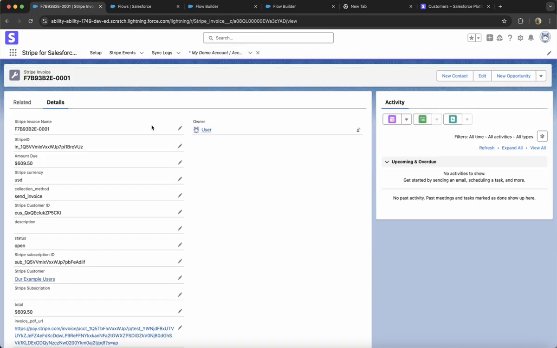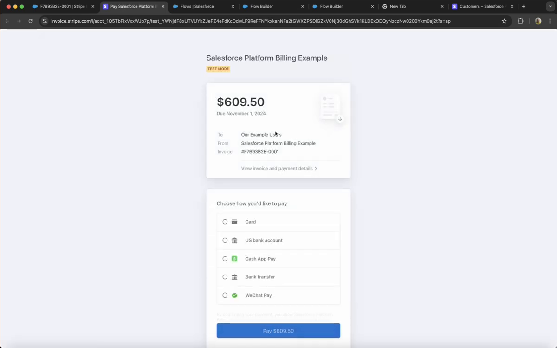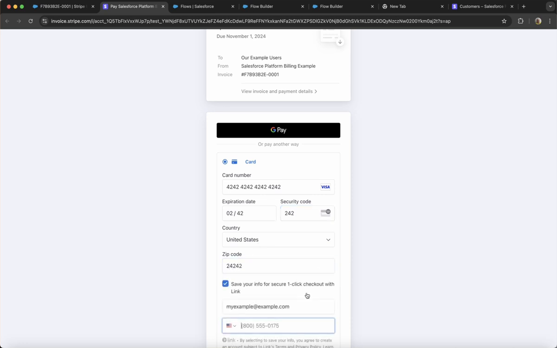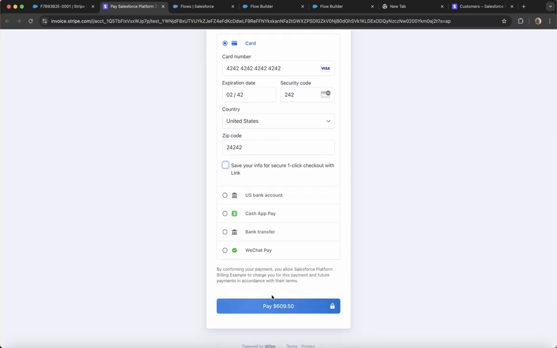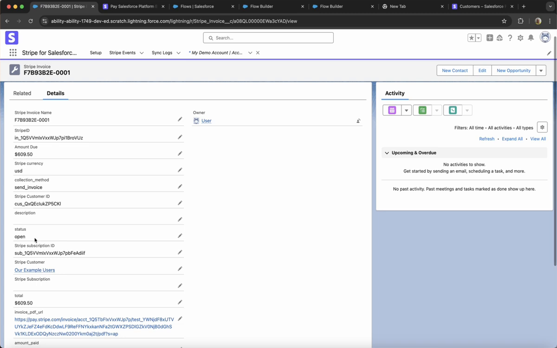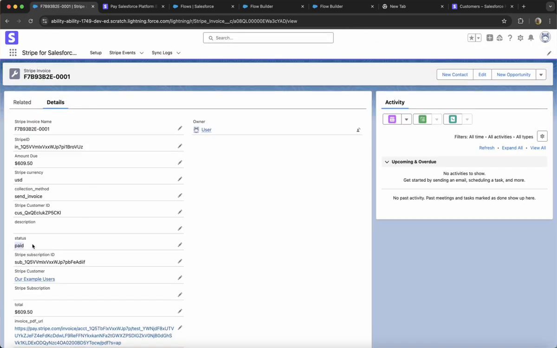Here I can simply open up the invoice, jump out, or imagine we emailed this to a user, or the user was sent the invoice directly from Stripe. It doesn't matter, we're still listening for the invoice paid events and the subscription paid events. So the user can use any of the Stripe built-in surfaces to collect a payment, and those updates can be sent directly into Salesforce to reflect those changes. We should see the status go from open to paid, and we can see the status is now paid of